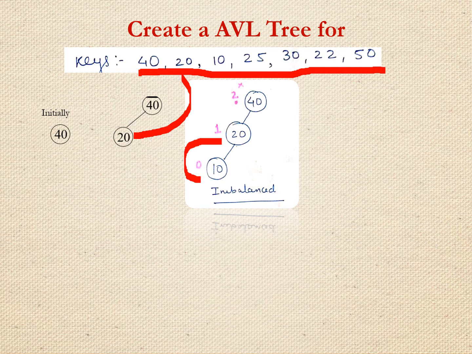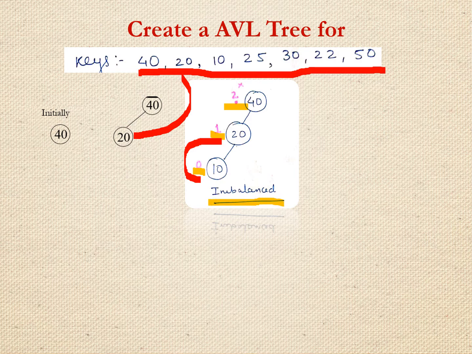Up till now we have not verified the balance factor because there were only two nodes. Now you can verify the balance factors also. For the leaf node, it is 0. Then for this one it is 1, left node 1 minus right node nothing, so 1. And for the 40 node, it's again left subtree 2 minus right subtree 0, so the balance factor is 2. That means it is getting imbalanced here. 2 is not allowed for the AVL tree. Only 1, minus 1 and 0 are allowed as balance factors. So this is getting imbalanced.